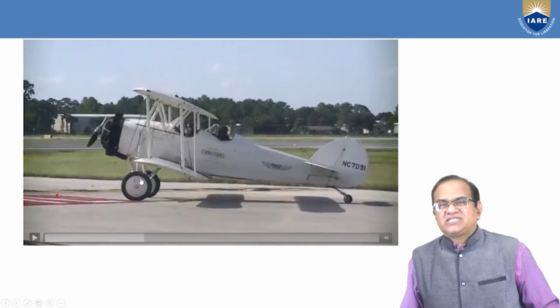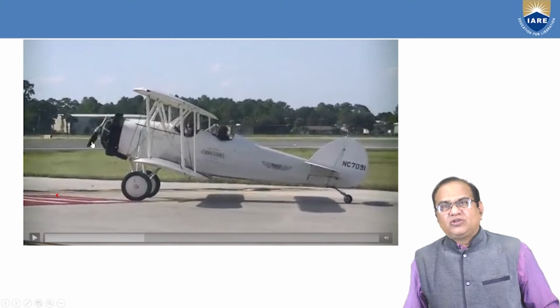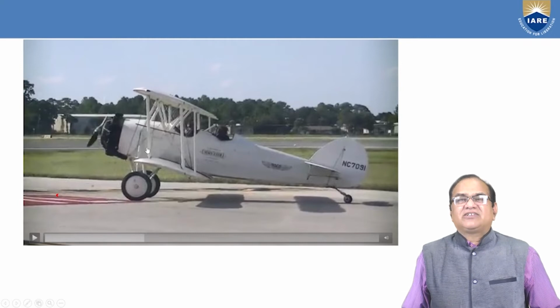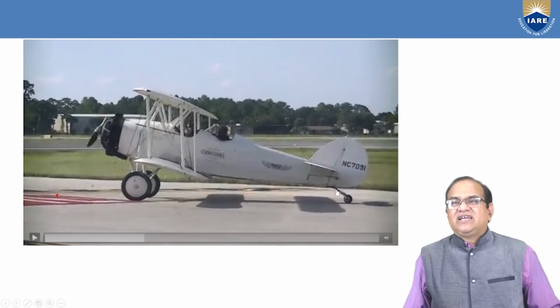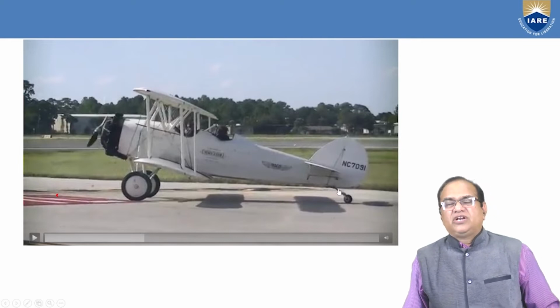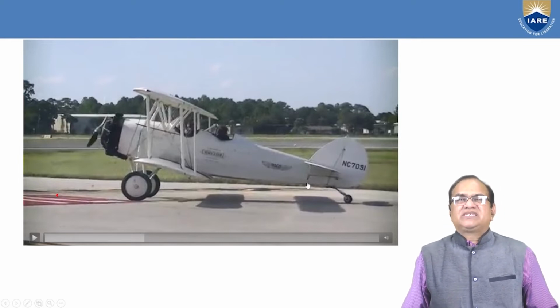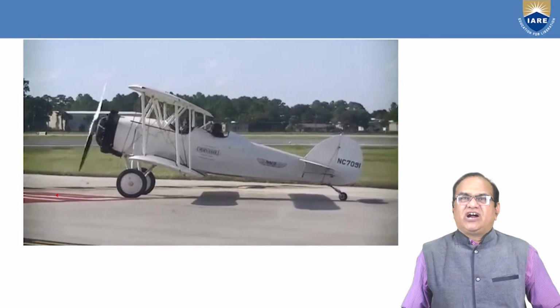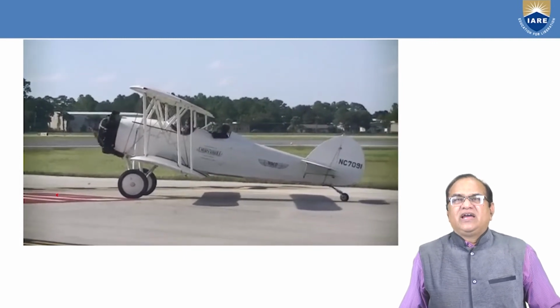The benefit of this is that the space from ground to the propeller is increased, so that you can use a longer propeller for this type of aircraft. But it has some disadvantage, that the tail part may hit the runway or the ground during landing and all. So damage is likely to happen if such tails are used. Now this engine is started, propeller is moving. Now you can see,